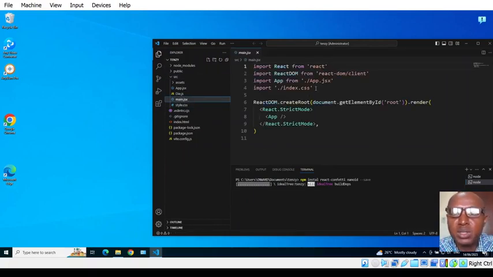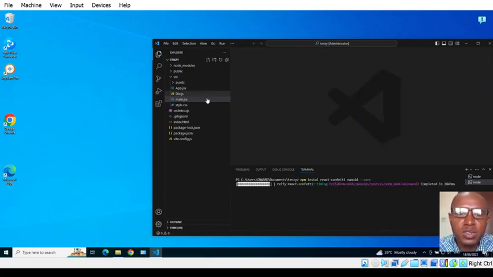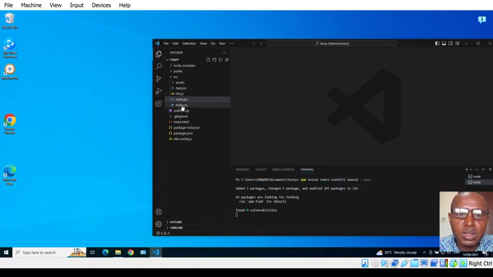While the installation of this is going on, I'll now go back to main.js. You have import this index.css. I don't need it, so I can delete it or I can comment it out. But the best thing is to delete it. With that, I've handled this. I can close this file. Then I go to